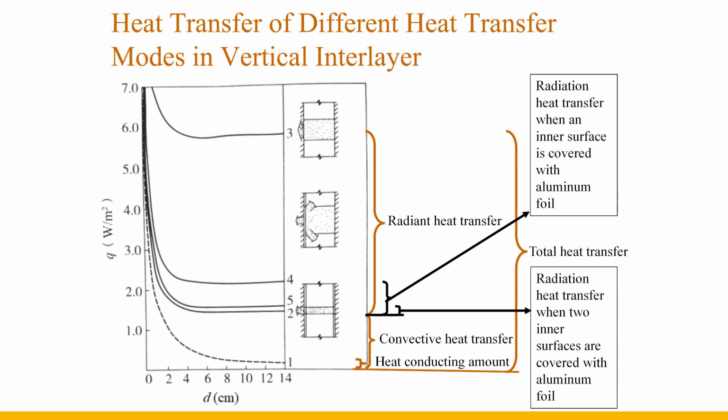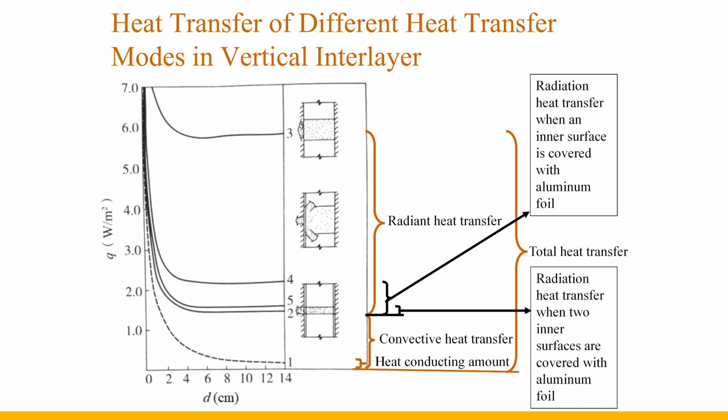It can be seen from the figure that in the total heat transfer, radiation heat transfer accounts for the largest proportion, which is more than 70% of the total heat transfer. Therefore, it is necessary to try to reduce the radiative heat transfer. Since the radiative heat transfer is related to the surface temperature of the interlayer and its emissivity, the air interlayer can be arranged on the cold side of the envelope to reduce the average temperature of the interlayer, but the effect is not obvious enough.